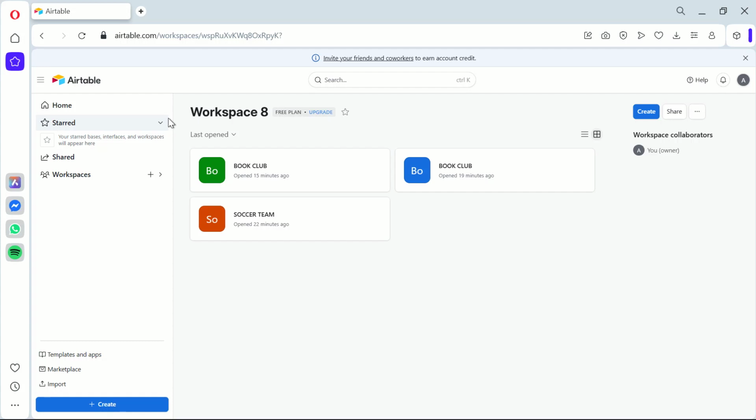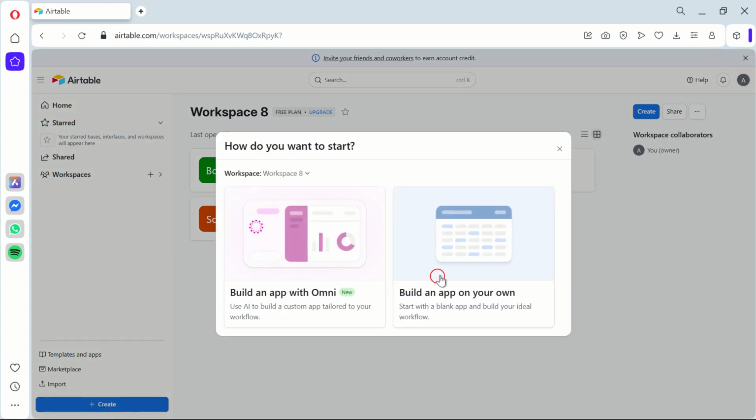Today, we're diving right into how to organize and track your book club reads with Airtable, the 2025 edition. First off, open Airtable and create a new base. Choose Start from Scratch to have full control over customization. This base will serve as the main hub for your book club reads, making it easier to manage and organize